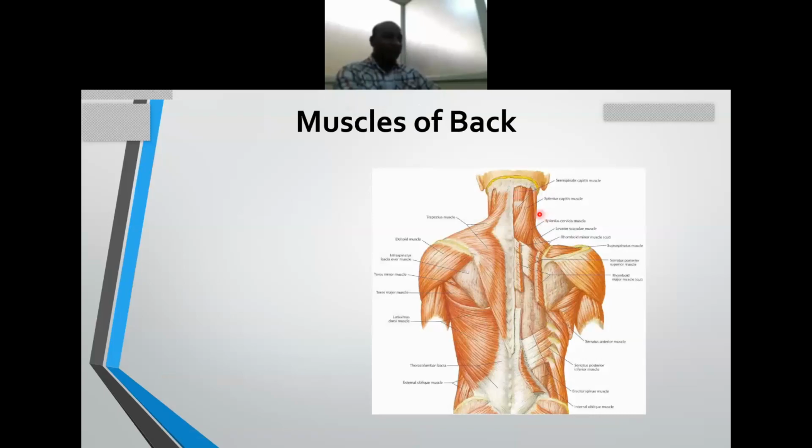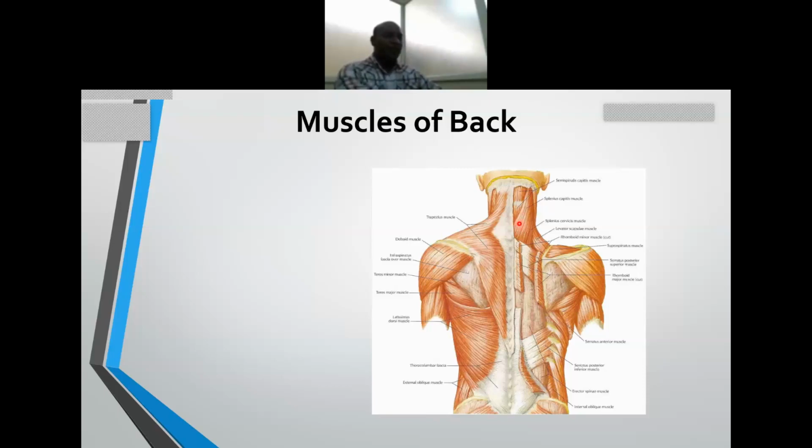Coming to the muscles, these are divided into the superficial group, the intermediate group, and the deepest muscles. The superficial will include the sternocleidomastoid anteriorly, and the trapezius, the levator scapulae and the rhomboids posteriorly. If you remove the trapezius muscle, then you will see the splenius capitis and the splenius cervicis, longissimus, and the semispinalis capitis muscles, which are the intermediate group of muscles.